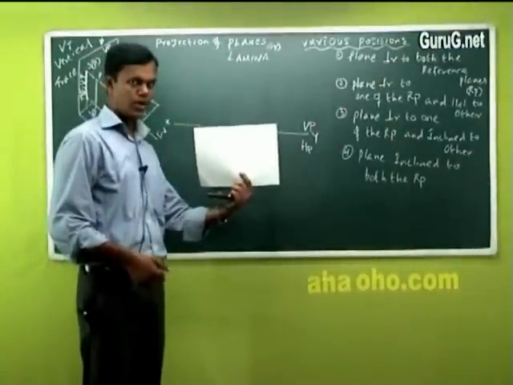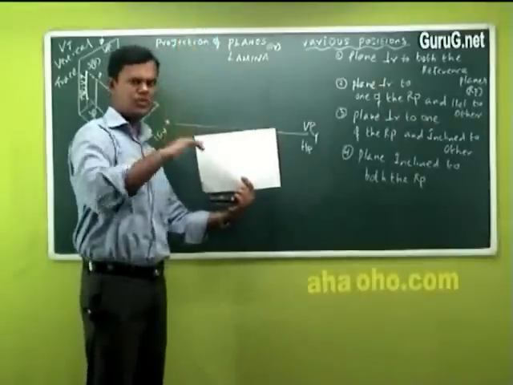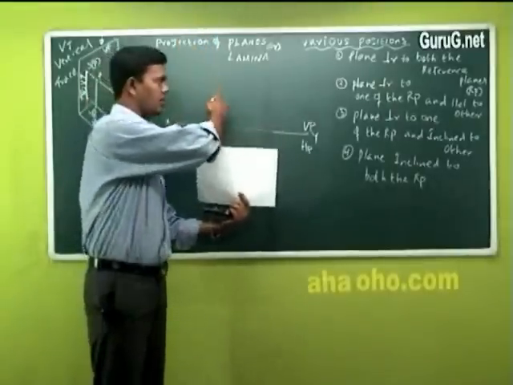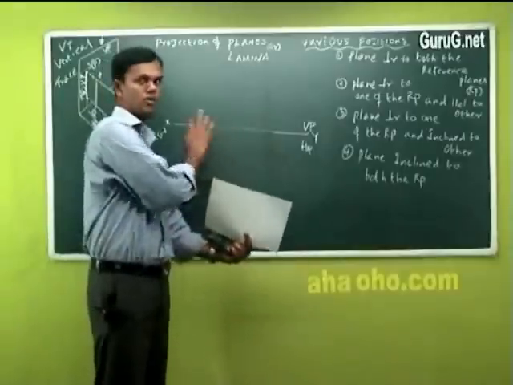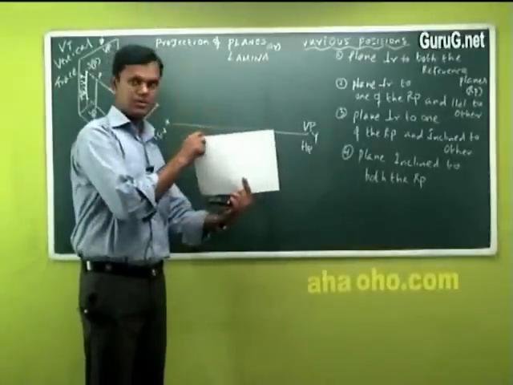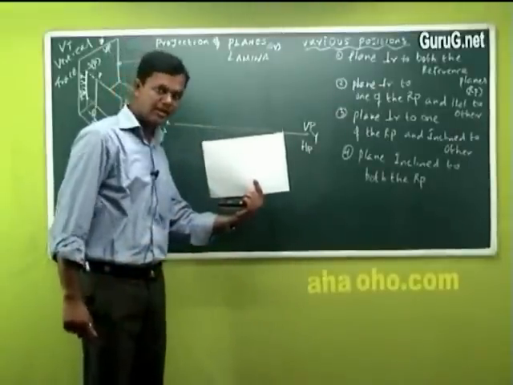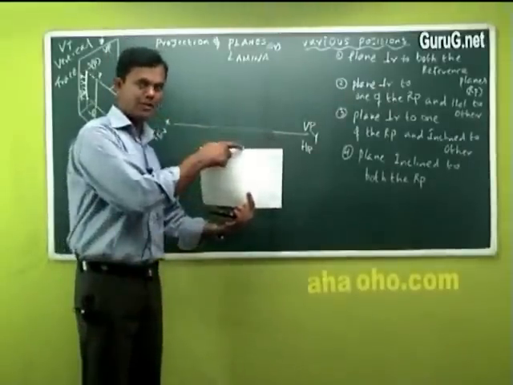Now it is parallel to VP, this full, but from the top, because of two views, you always see from the front view, you draw it here, and the top view you draw it in the bottom, that means down. That's it. Very simple. And now it is parallel to VP, perpendicular to HP. Is that okay? Then what is the next one?